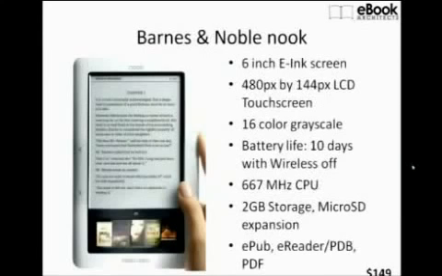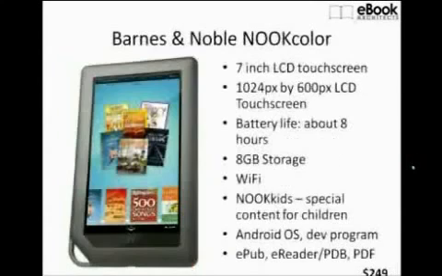The Barnes & Noble Nook is a very popular reader. They just recently announced that they're not going to be selling this anymore as a 3G access, only as Wi-Fi. But it is an e-ink screen. It has a little LCD screen down at the bottom. Personally, I don't think this works as well as the Kindle. The navigation on that little LCD screen is a little difficult to deal with. But as far as the general overview, general specs, it is a pretty good device, and it's very, very similar to the Kindle itself.